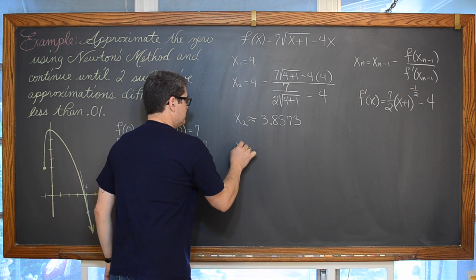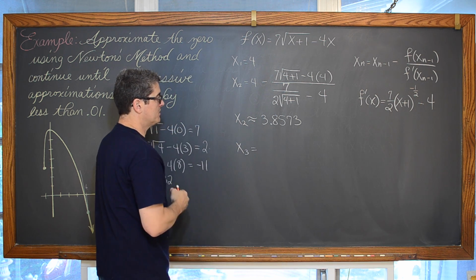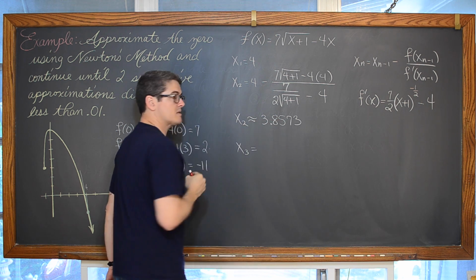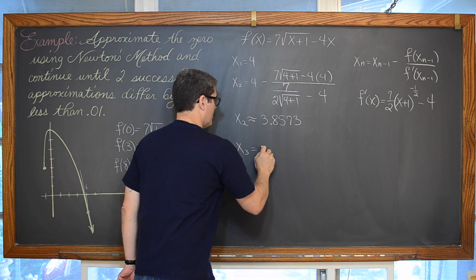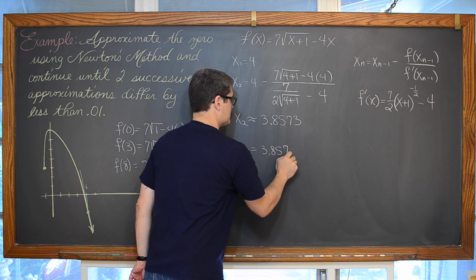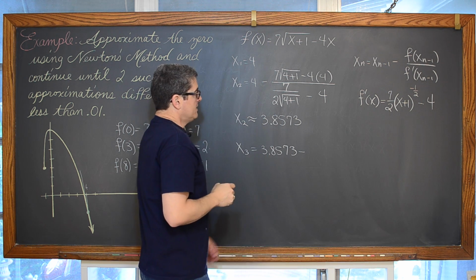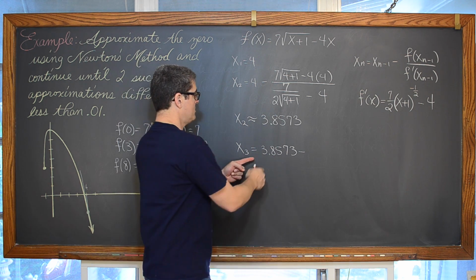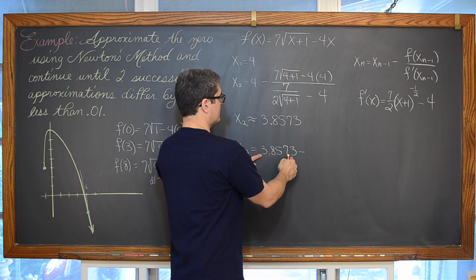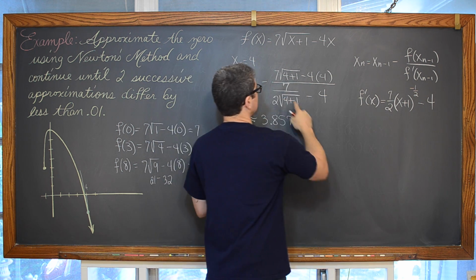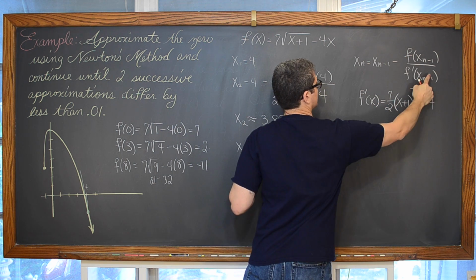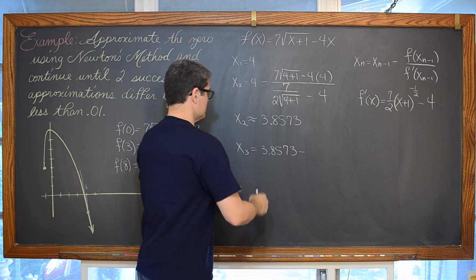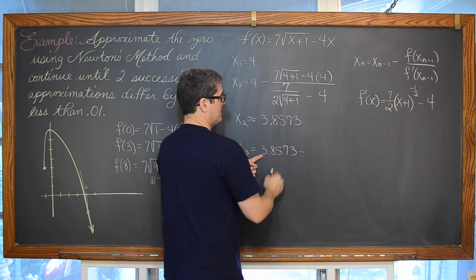So x sub 3 is going to be equal to, based on the previous estimate of our 0, 3.8573 minus, now we have to find a new tangent line. So we're now going to use the 3.8573 just like we used the 4 up here. We're going to plug it into our function and then plug that x value into our derivative and start off with that x sub n minus 1. So we have the 3.8573 minus